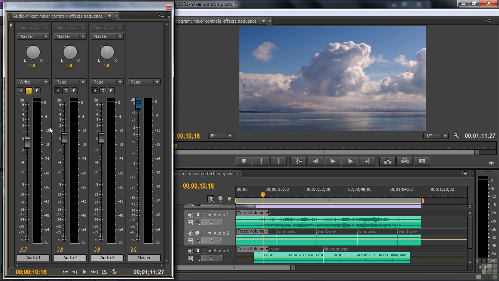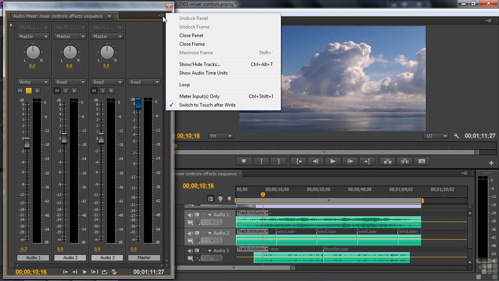There's one little anomaly though inside the mixer panel. That is when you stop writing something, it jumps to what's called touch. So I don't want it to jump to touch. I want it to stay on write, or I'm going to switch it off if I want to switch it off. So what I want to do is turn off that default behavior. You can leave it on, which may work fine for you, but I want to turn it off here. So I'm going to go to this little panel menu up here and uncheck the switch to touch after write,